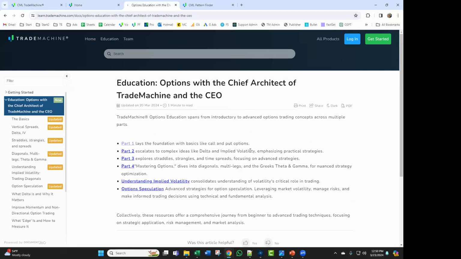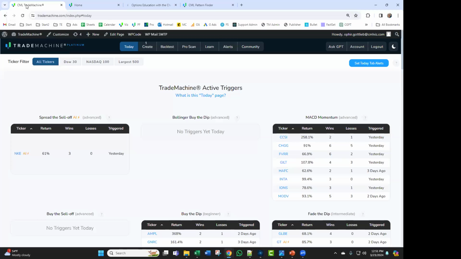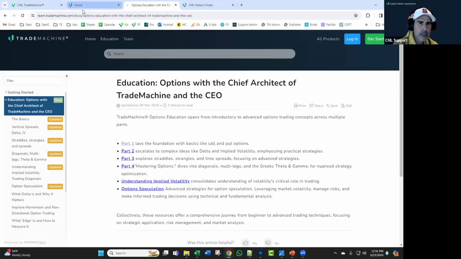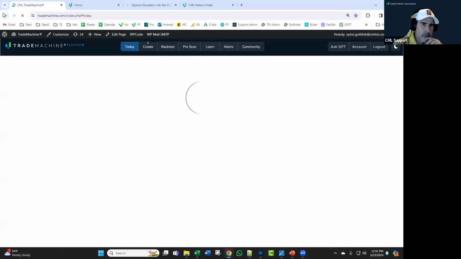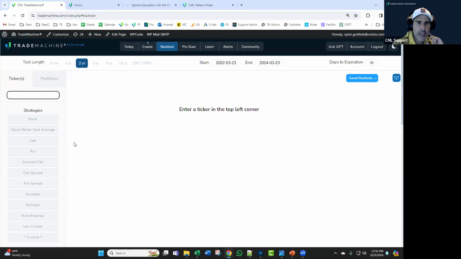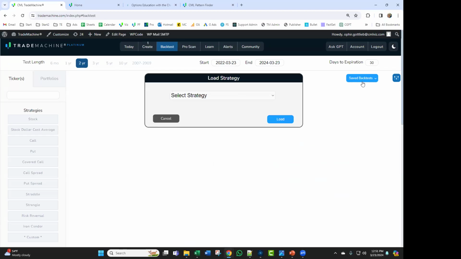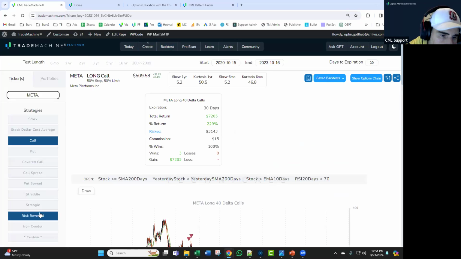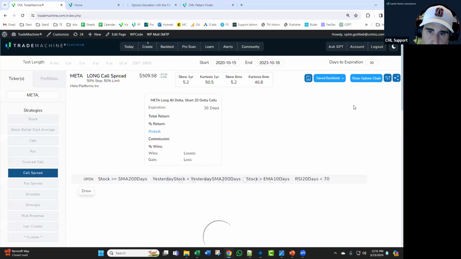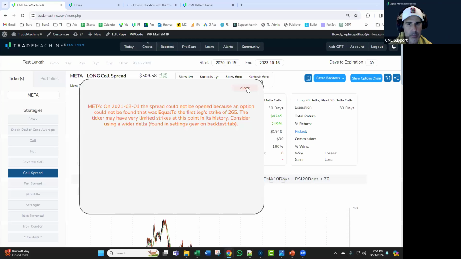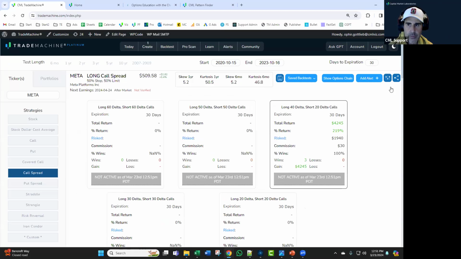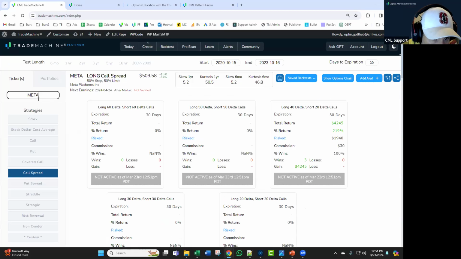Can you please review how you changed the parameters of the call spread search via technical open? Where did you find the parameters other search? Yeah, so I think maybe you're talking about the deltas. So the way you change, let's say we want to do buy the dip. Want to turn it into a call spread. So I go to call spread, and they ask, what deltas do you want? If you take the comma out, by the way, you can see it across a whole bunch of choices. So this is all going to be meta, all different strikes. But if you just want to focus on one or multiple stocks, put the comma back in,